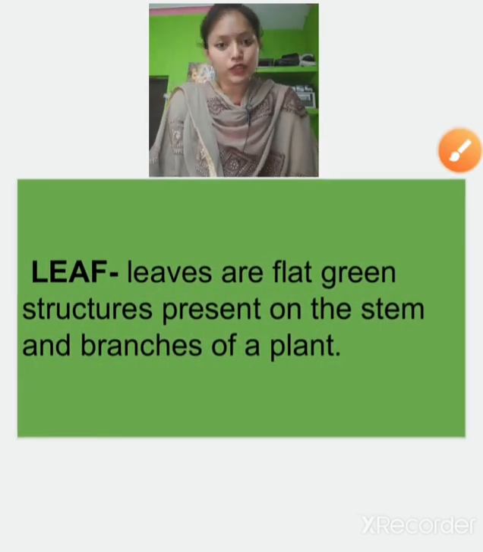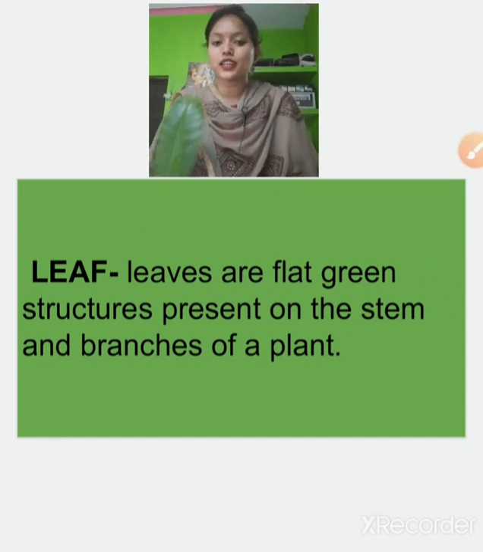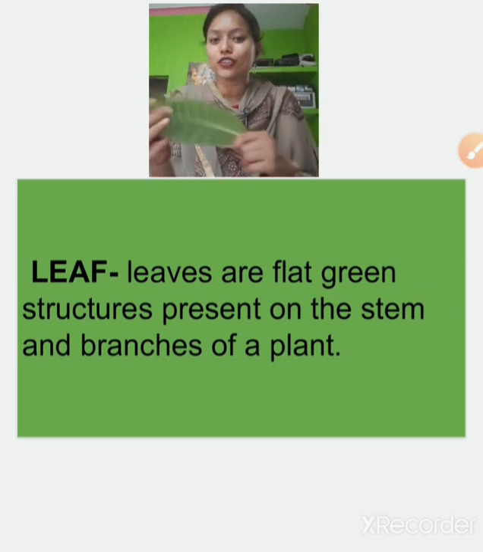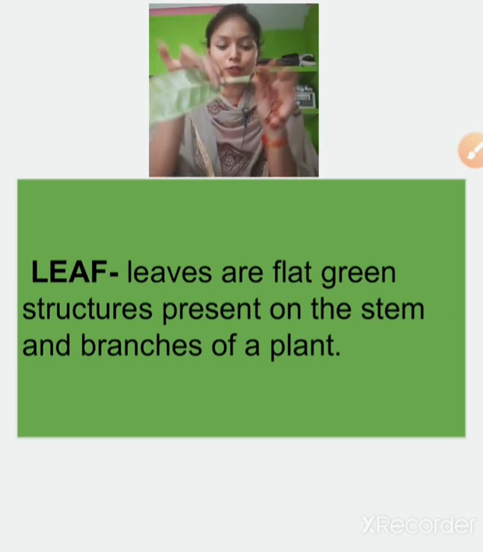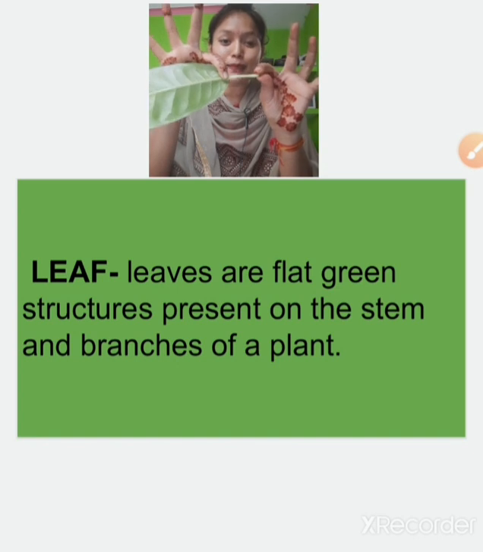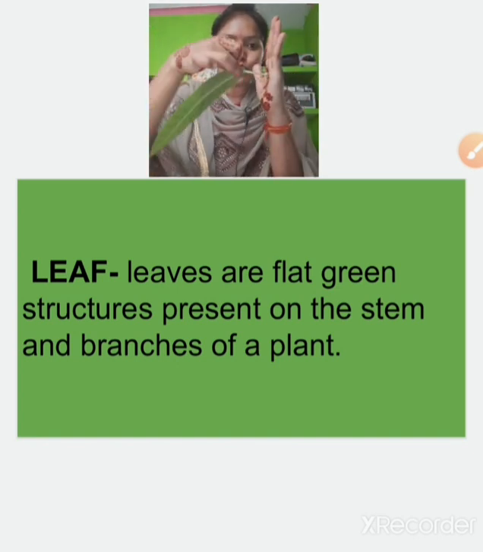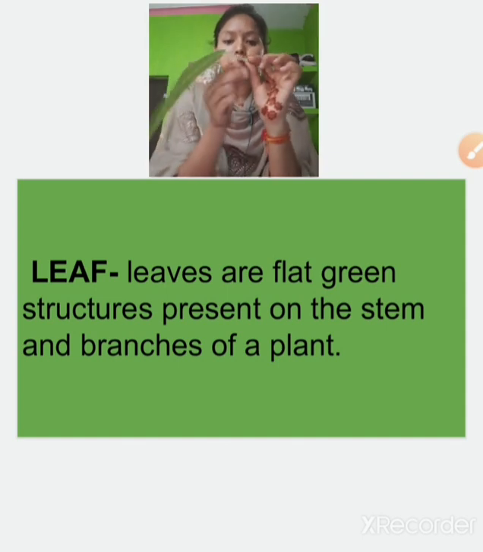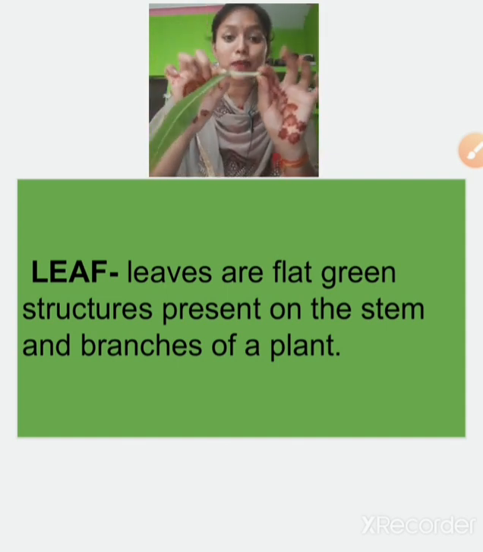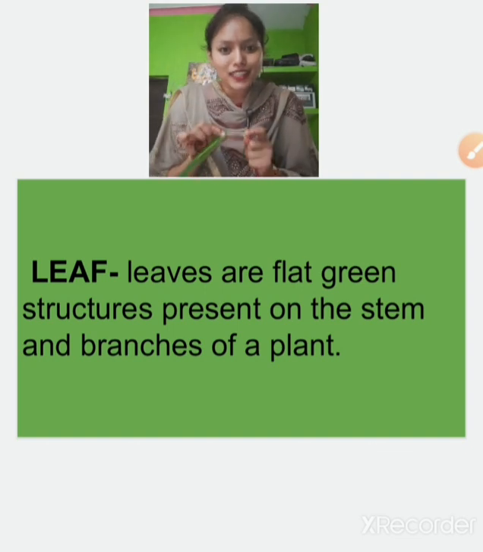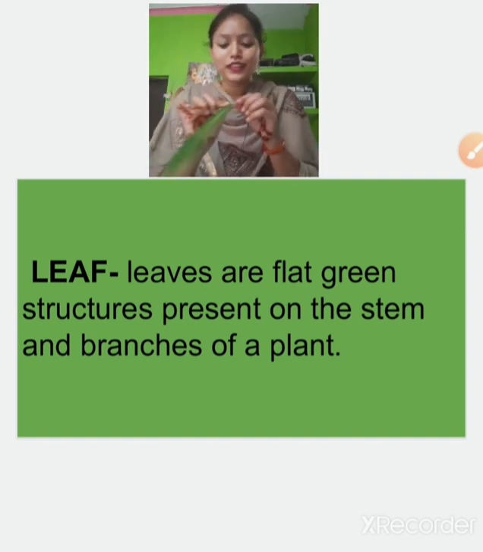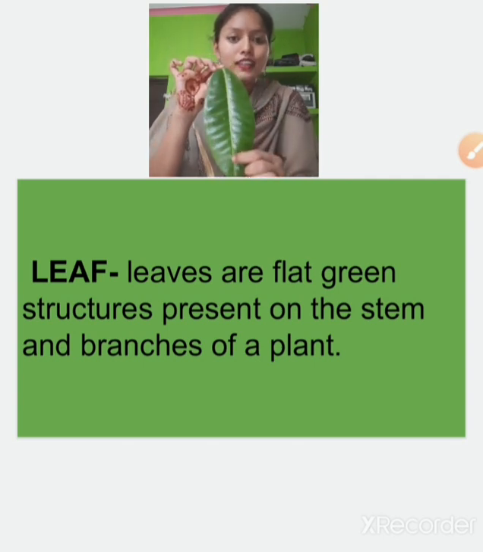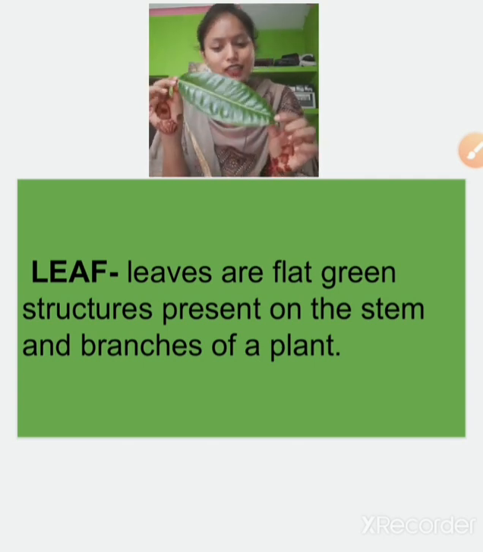Now we studied about the leaf. Let's do a quick revision of what we have studied in the leaf. Just repeat with me. What is this part? It is attached to the stem. If this is a stem, it is attached to the stem. So what is this part? Yes, this part is the petiole. Very good. Now this center line is what? This is the midrib. Yes, very good.